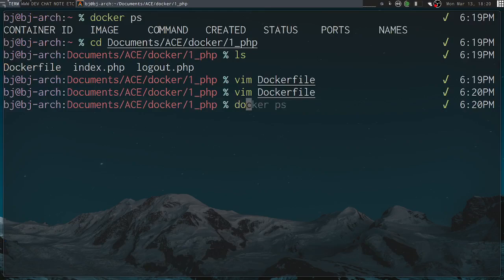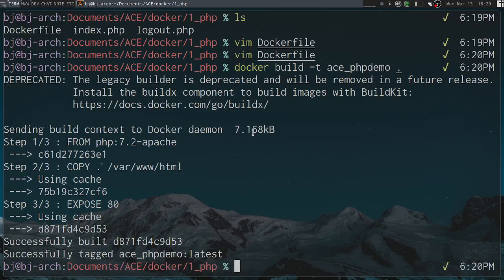And now I can docker build, and I'm going to use -t, which is tag, that basically names it, and I'm going to tell it to build this current directory based on the Dockerfile that's in this current directory. It did that really quickly because I've already done it, and it's smart enough to say, hey, nothing has changed, so I'm just going to use what you had before.